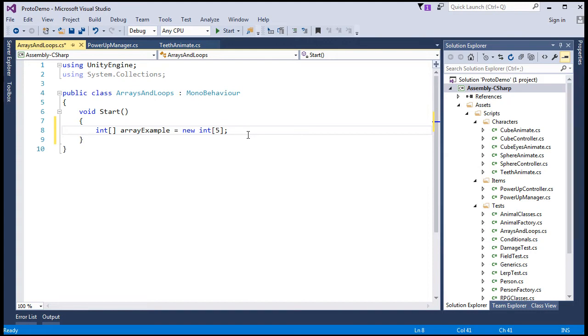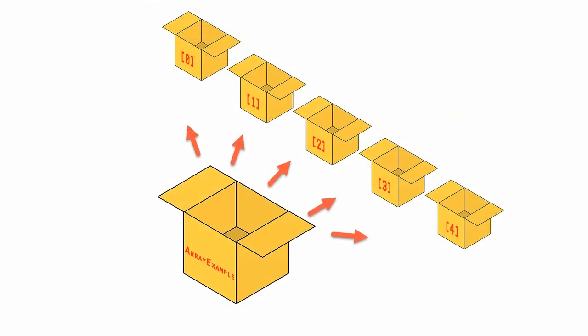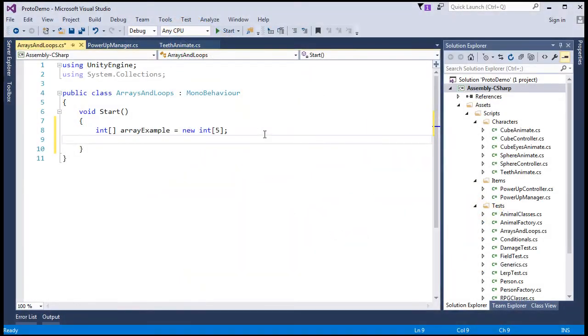Now each of these inner boxes has a preset label called an index, indexer, or indices, whatever you prefer, and the boxes are labeled starting from 0. So we can stuff into these boxes their individual integer values by referencing the indexes as follows. Reference the name and then the index. So the first box, starting at 0, we'll put in the value 22,